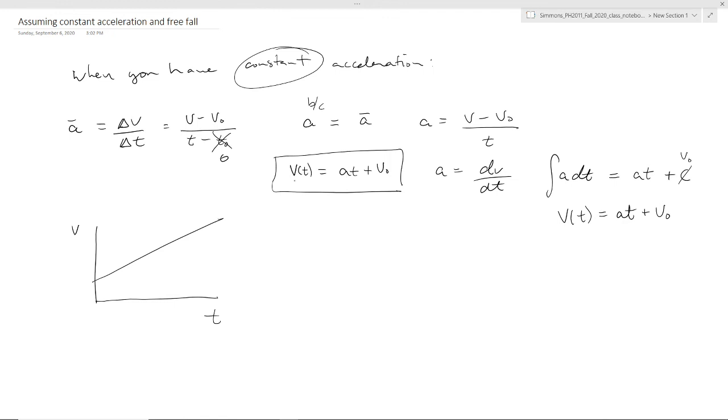So notice that since this is a line, if you were to start at some initial velocity, and say you end up here at some v2,